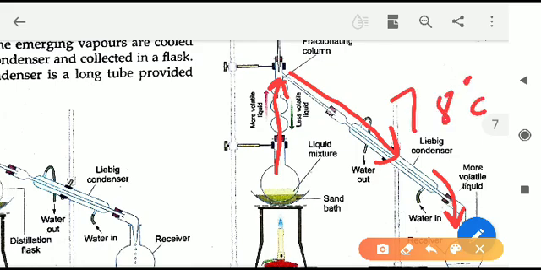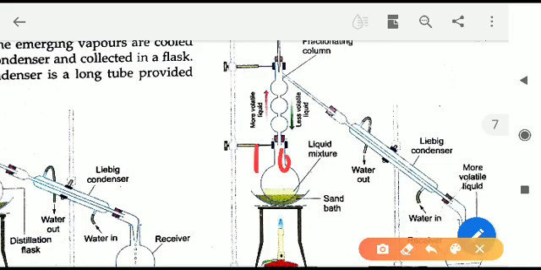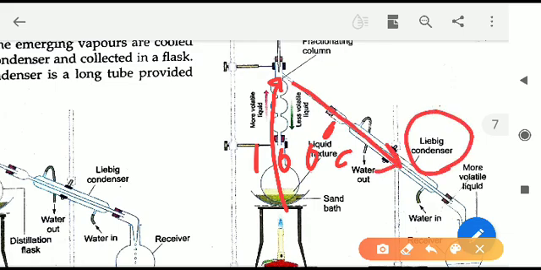78 degrees Celsius पे alcohol separate हो गया है. After that we will continue heating, and when the temperature comes as 100 degrees Celsius, जैसे 100 temperature होगा तो इसी mixture में से क्या produce होगा? Water vapor will start arising. Water will convert into water vapors, and then same thing, it will move forward, it will come to the condenser, and again due to condensation, due to cooling down, the water vapors will convert into water molecules, and we can